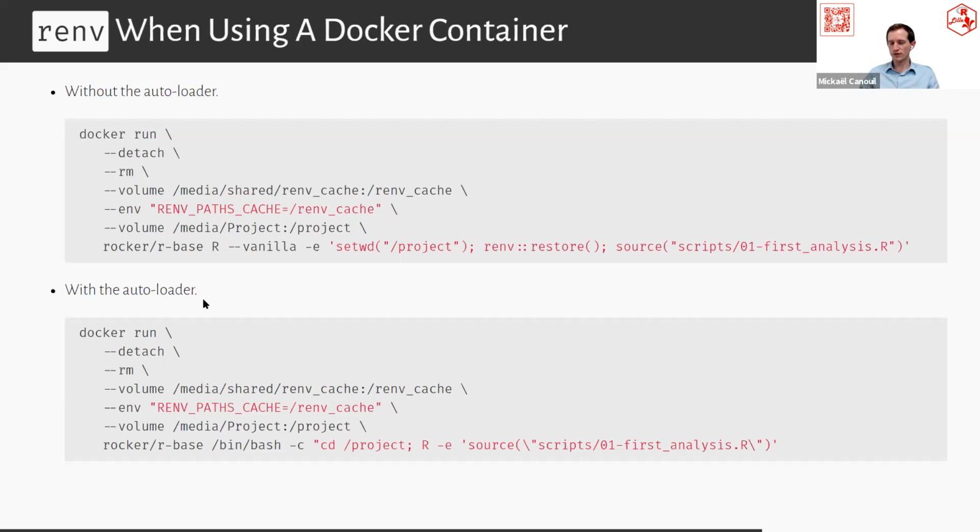So if you want to avoid that from being loaded without your consent, you can use the vanilla option when you run an R script, get into your project, and still work with RANV, restore the file, and run your script. So meaning you can have a system which is based on Docker, and preferably with a Docker file, which lists all the system commands you want to use.